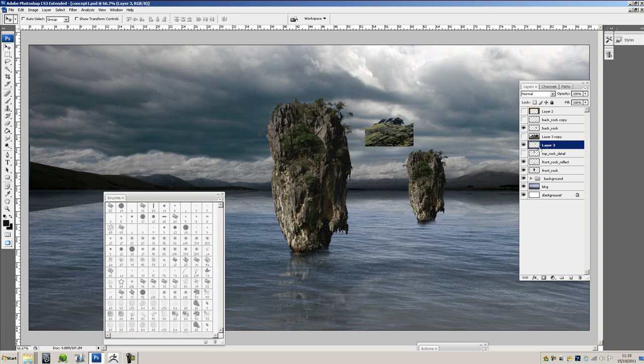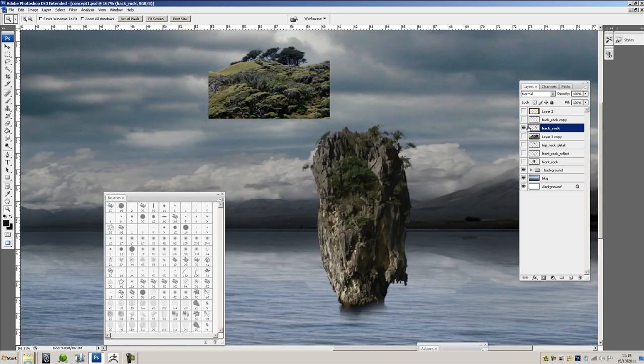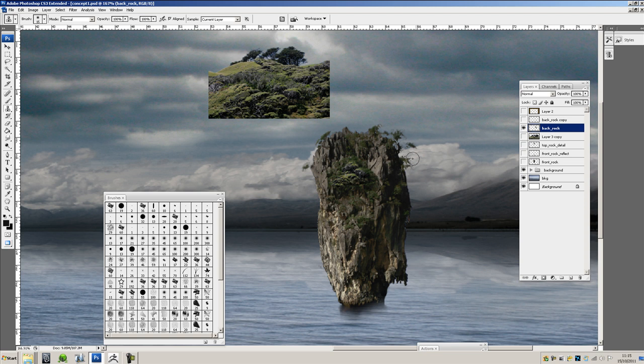And in this instance, rather than sample and jump back, I'm just going to merge this layer onto the back rock layer. So I can turn this one off, I can turn the reflection off, and all I'm going to do is Control E to merge it down. Now it's on one layer, it means I can sample directly from it. So I'm going to go into the clone again